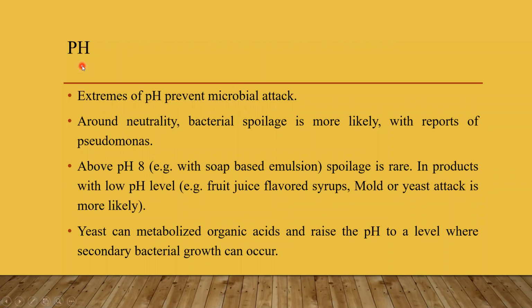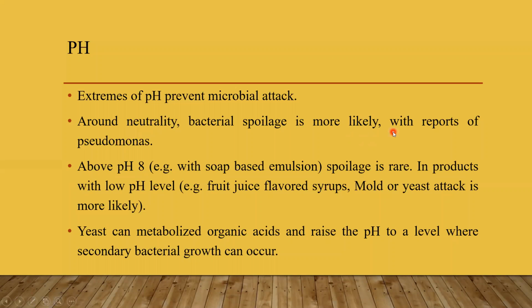Then the second factor is pH. How does pH affect the formulation? If the pH is not maintained in the formulation, what is the role of maintaining the pH? In this, the first point is that extremes of pH prevent microbial attack. So the reason for maintaining the pH in the formulation is to prevent microbial attack. Around neutrality, neutrality meaning 7.4,